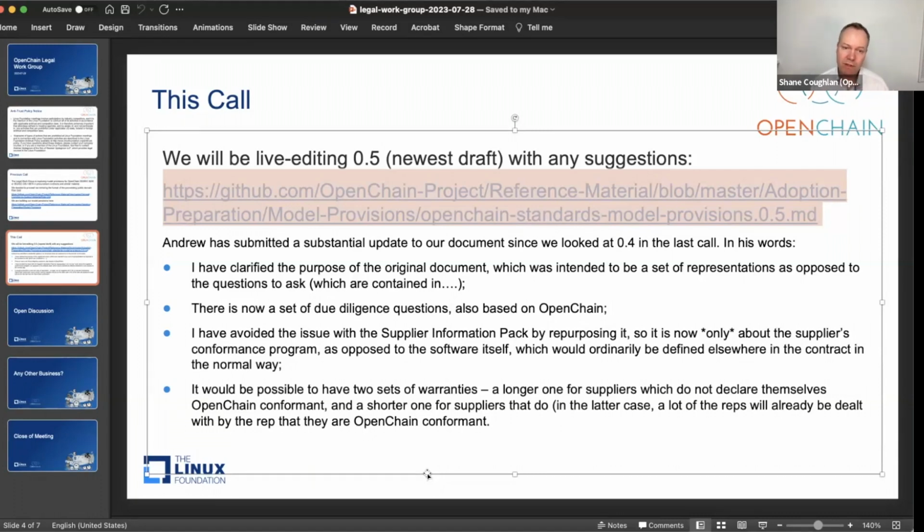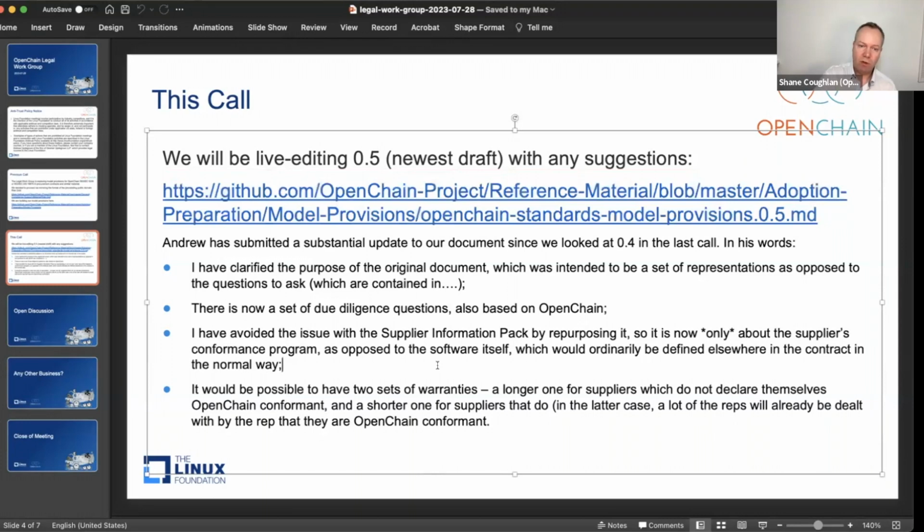Now, there's a couple of things to do on this call. If it's okay with Andrew, I'll ask him to talk through the changes that he's introduced. Yep. I'd also like to make one or two suggestions myself. One is we have some material at the end of our document, which is in the risk grid format, and I'm going to propose that we move that to the risk grid and use Andrew's material as the basis of